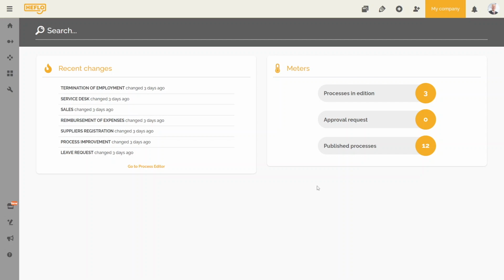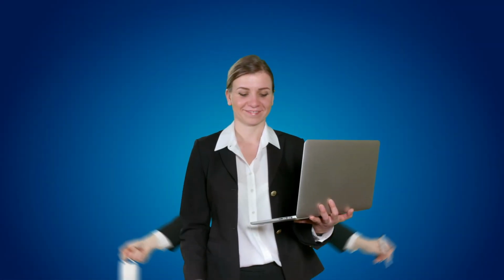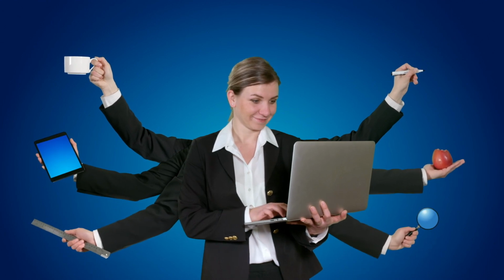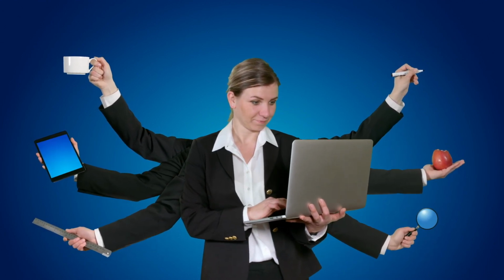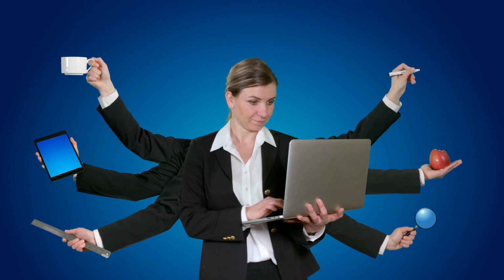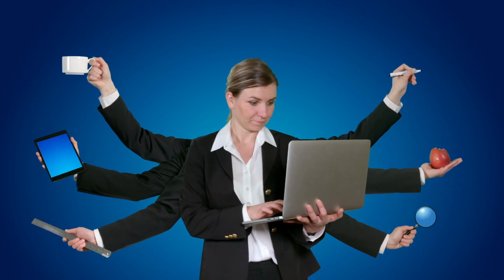Bill Evans, the user we use for this training, has an administrator role. He therefore has access to all the pages and functionalities of this HeFlow environment. As we said before, if you follow this training, there is a high probability that you will also have an administrator role.